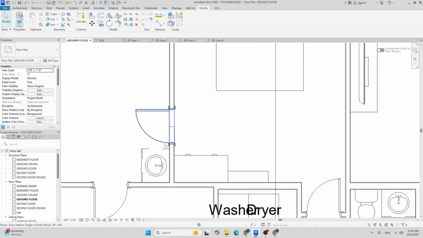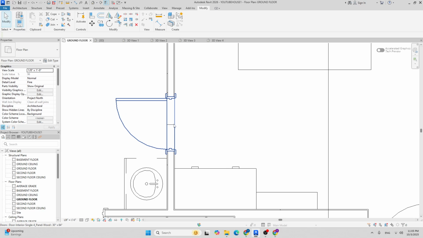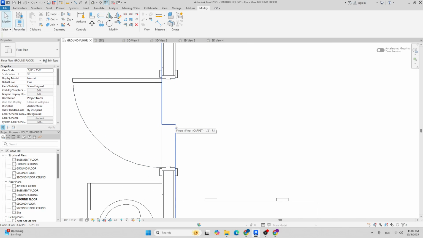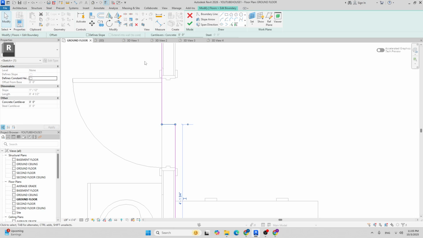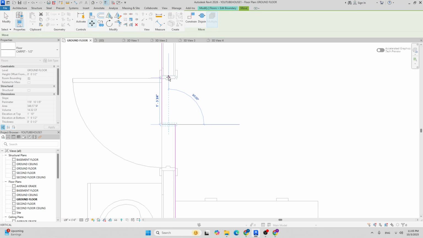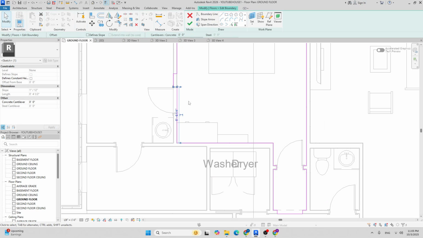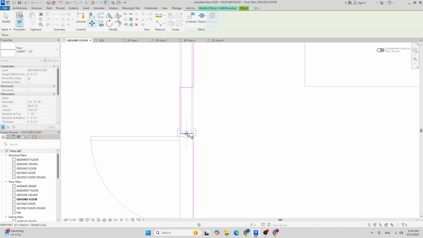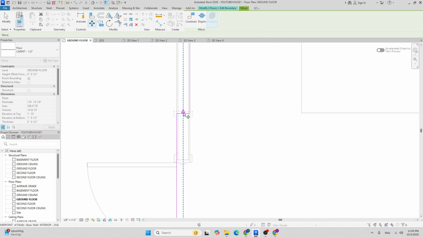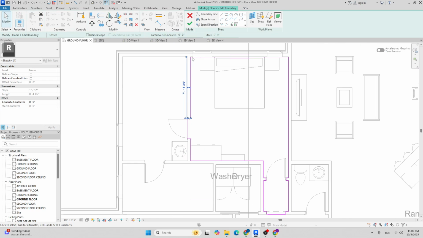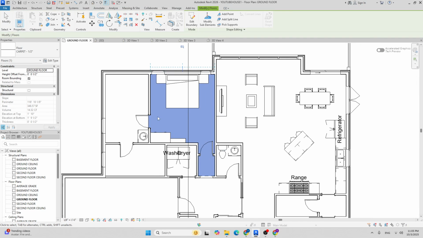And as you guys can see, when I do that, the floor finish is still there, so it has to change as well. So I'm gonna hover over to the door. I'm gonna hit tab until I can select the carpet. So I'm gonna click it. I'm gonna hit edit boundary. I'm gonna click this thing, and I'm gonna move it back here. And no, not back there, but I have to move this down here. And I'll move this from here to here, and I'll hit check mark, and I'll hit don't attach, and